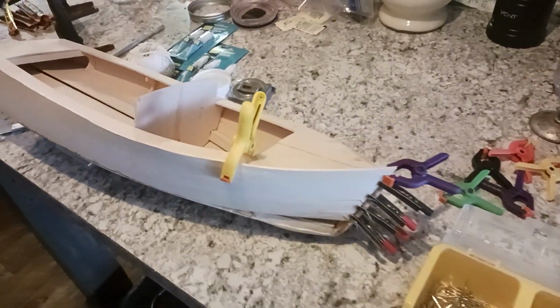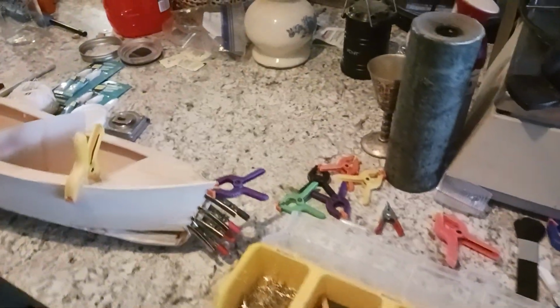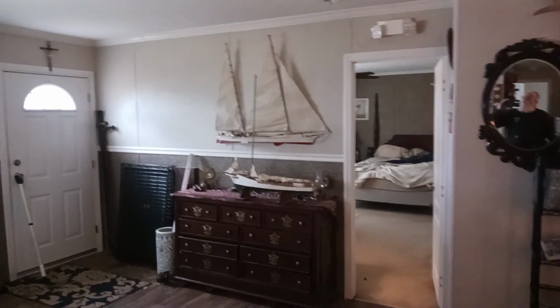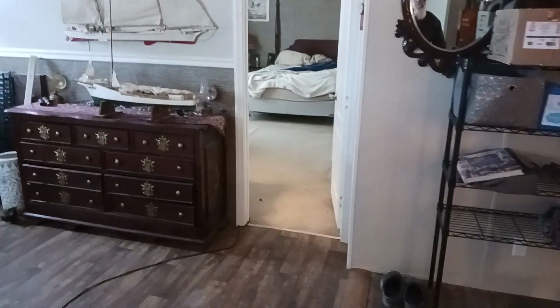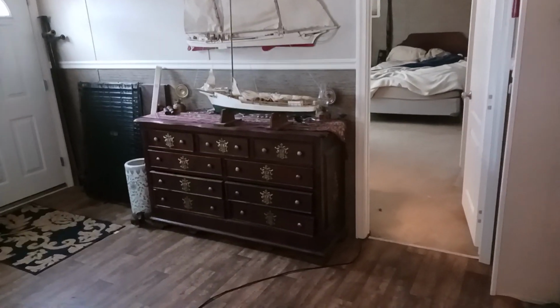And then I've been looking online. I found a couple other kits that are pretty nice, and I might send off and get another one. Or I'll go out there and glue me some 2x4s together and make me some more improvised homemade models like I did there. I've sold a bunch of those things over the years. I've got my file cabinet in there. I found a file from where I had been taking pictures of the things I've built in the past, and I've sold